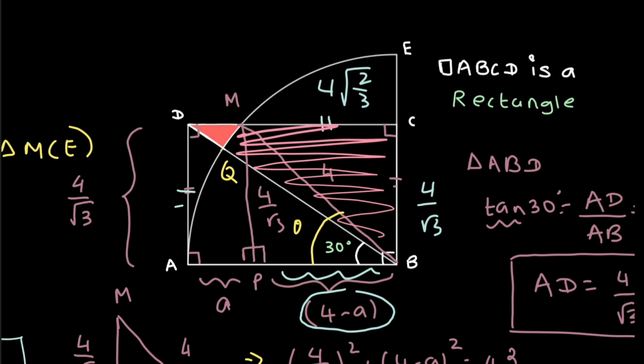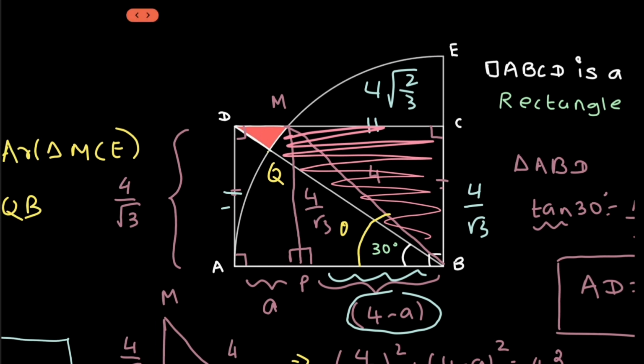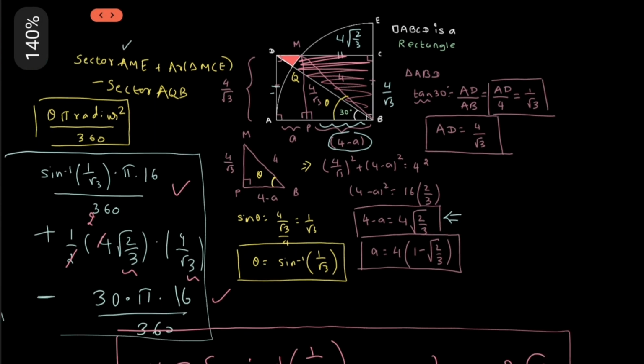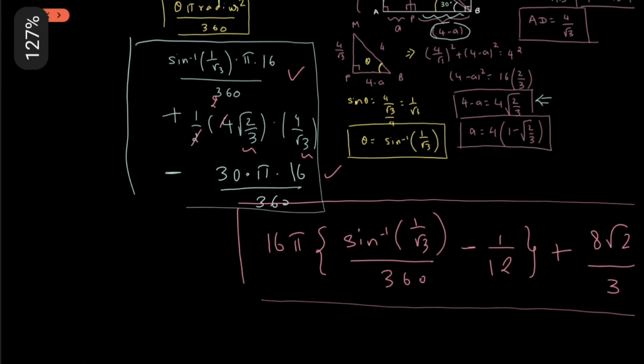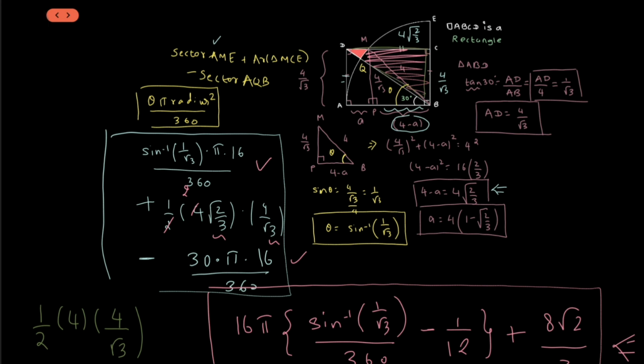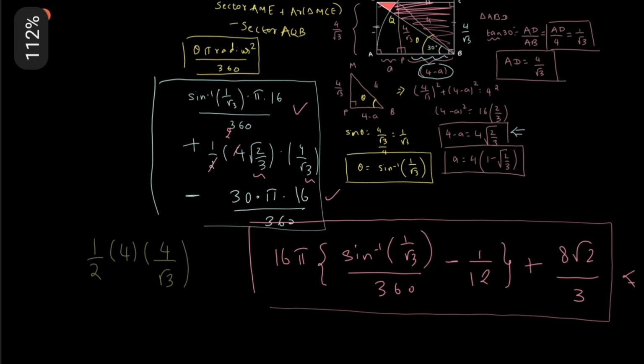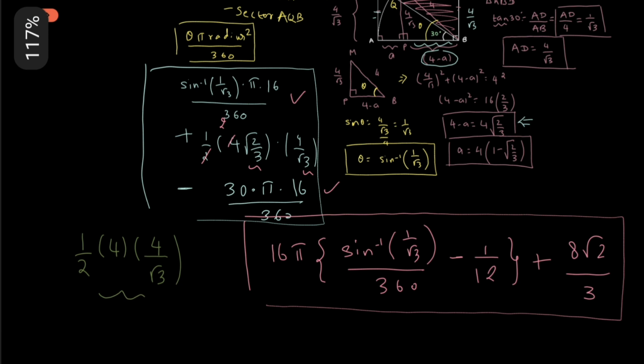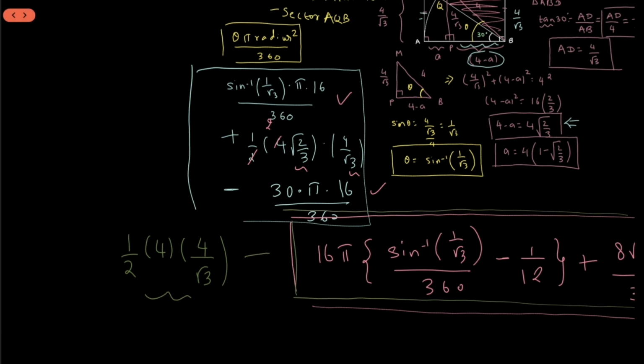So area of this complete triangle would be half the base into height. So this triangle is ultimately the length and breadth of this rectangle. So we know the length of this rectangle is 4. So half the length, it is 4, and the height is 4 upon square root of 3. That's also the base. Look carefully, that is ultimately the half area of the rectangle. Okay. So taking the area of this triangle minus the area of this region gives us the red area.